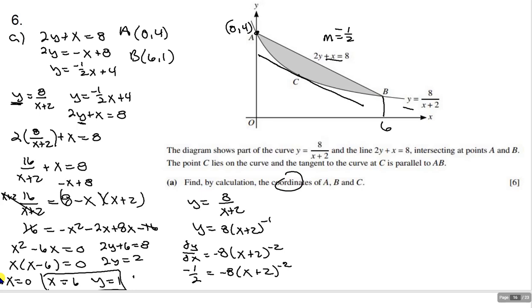And see, I'm going to go up here now. Negative 1/2. And if I rewrite this as negative 8 over x plus 2 squared, right? And so then if I cross multiply, I'm going to get